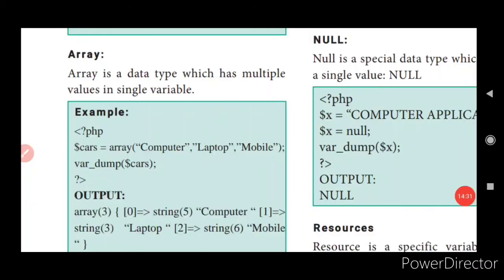What is an array? Array is a data type which has multiple values in a single variable. I mean a homogeneous collection of data items. I mean the same variable. If it is going to be integer, all the values that I am going to represent will be integers, numbers alone. If I am going to give characters, all will be characters, with no mixing up. Yes, that is going to be termed as what? Array, which has